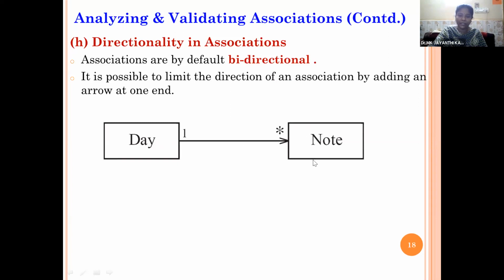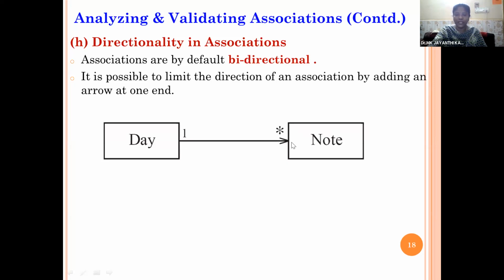One day can have a number of notes. What are the things to be done in a particular day can be noted through a note class. So day is a class, note is another class. The day class is associated with a number of note classes. And here we are using the directional association, so the day follows a particular note.